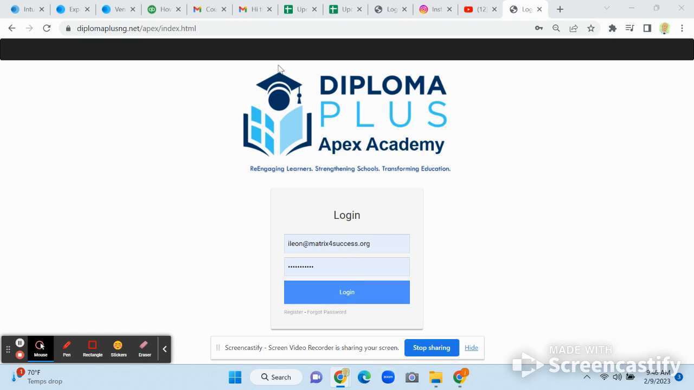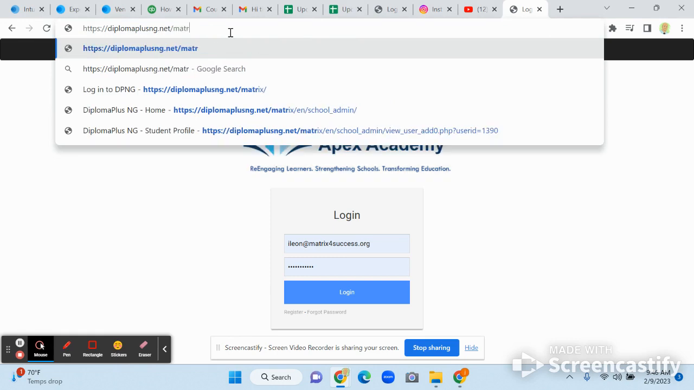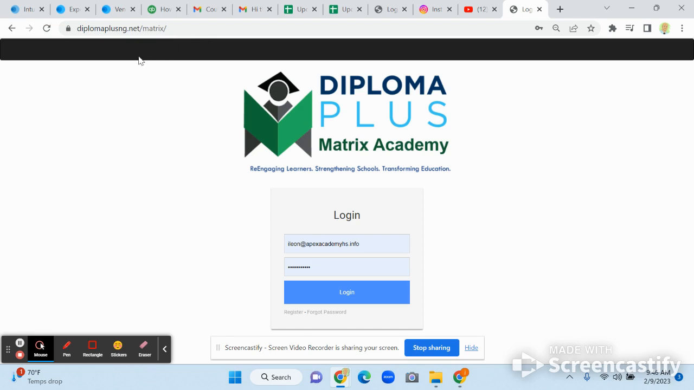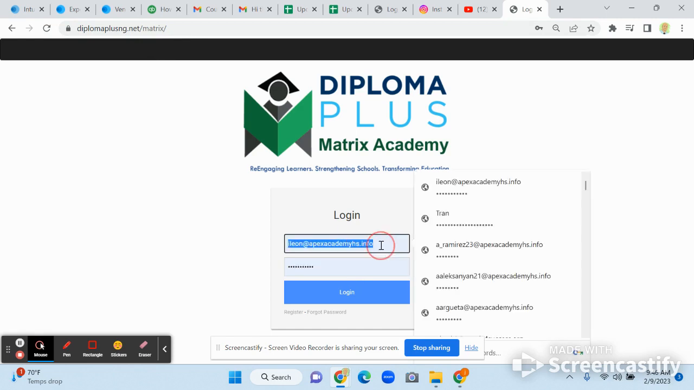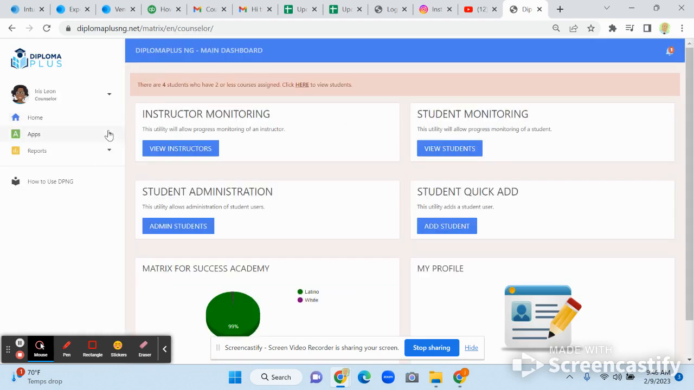So once you log in, you're going to be toggling back and forth between the Apex and Matrix sites. So they're not the same. Just keep that in mind, because sometimes even when I'm working back and forth, I'll get mixed up. If you're going into Matrix, make sure that it says Matrix here and that you're actually logging in with your Matrix email. So once you're in the DP system,